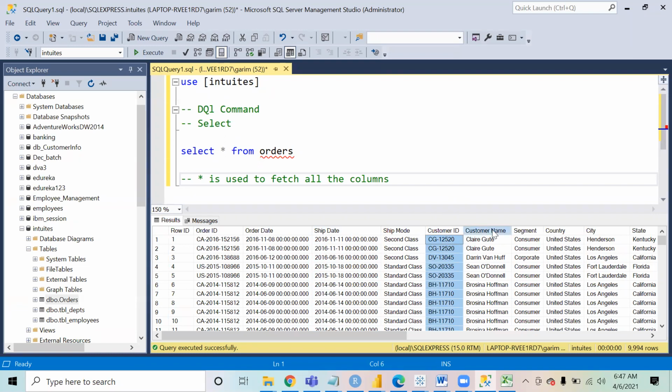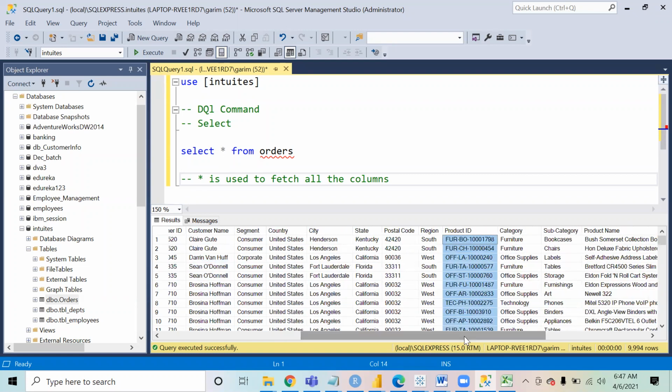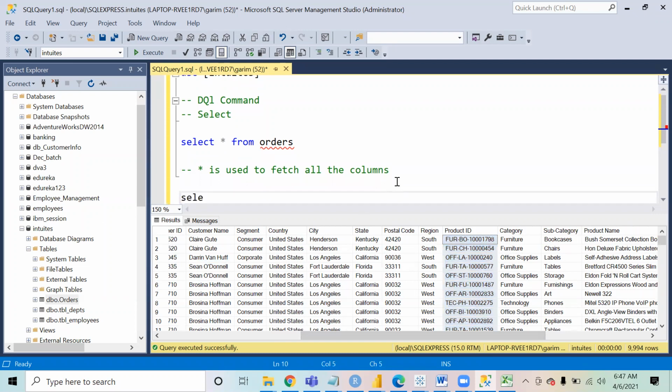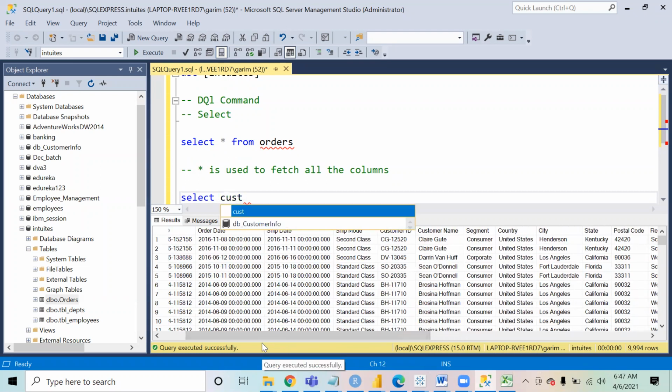You want to see the customer name, the product ID, and the sales, right? Suppose you only want to see 3 columns from this table. In that case, instead of writing asterisk, you will say select and give just the names of those columns that you want to see. You want to see customer name.